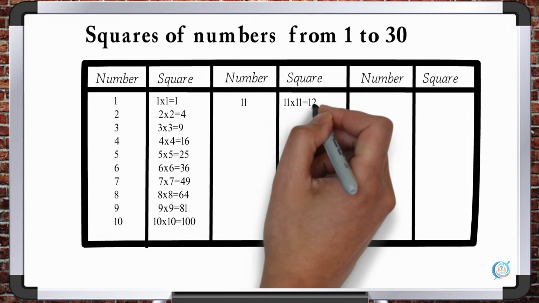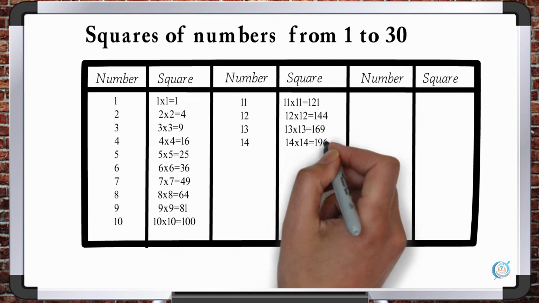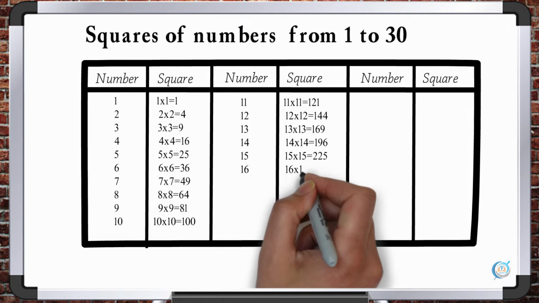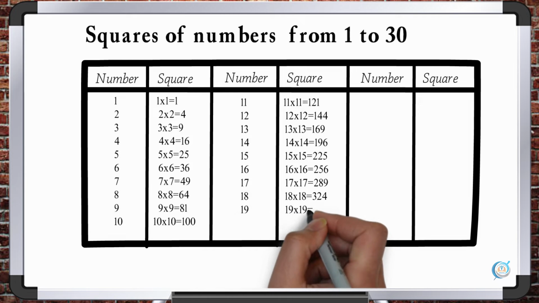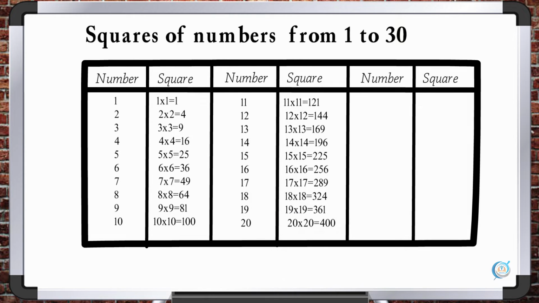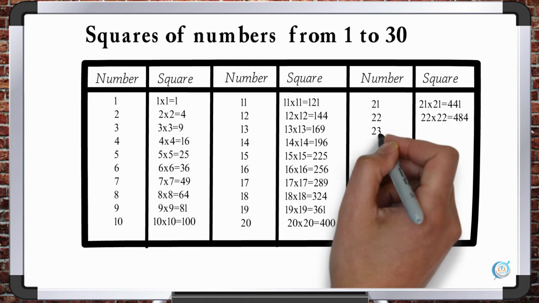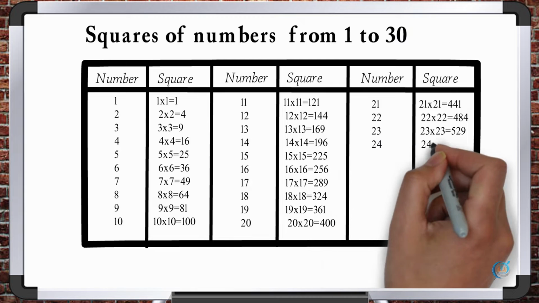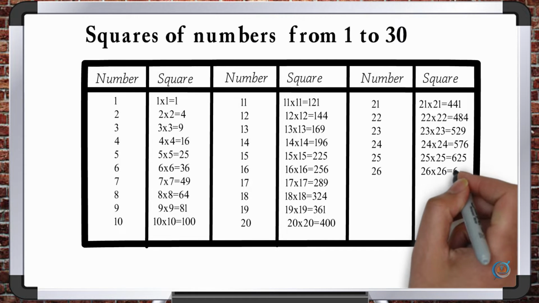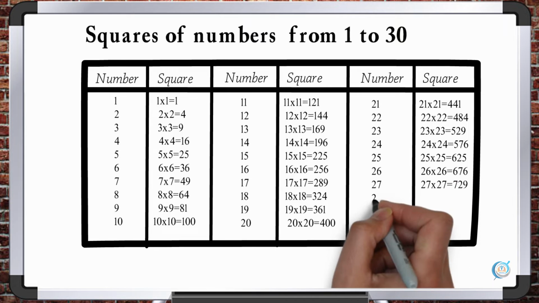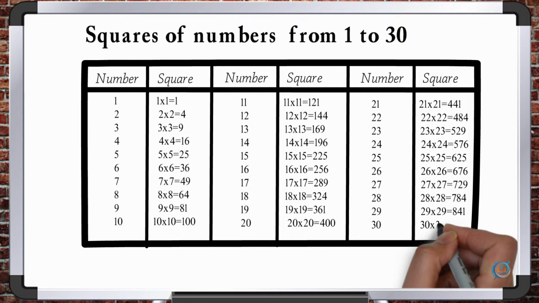11 11s are 121, 12 12s are 144, 13 13s are 169, 14 14s are 196, 15 15s are 225, 16 16s are 256, 17 17s are 289, 18 18s are 324, 19 19s are 361, 20 20s are 400. 21 21s are 441, 22 22s are 484, 23 23s are 529, 24 24s are 576, 25 25s are 625, 26 26s are 676, 27 27s are 729, 28 28s are 784, 29 29s are 841 and 30 30s are